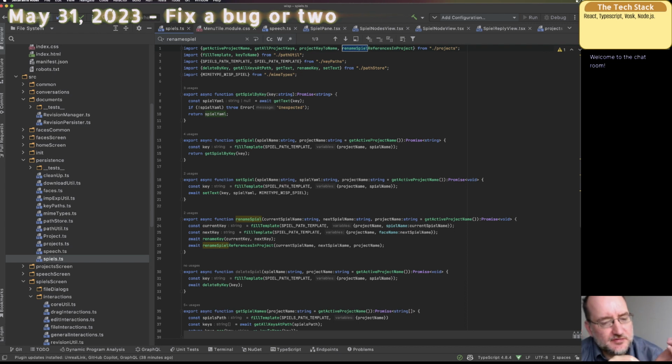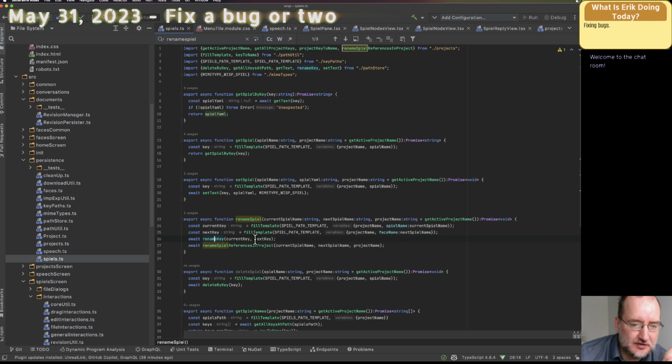I think the way to do this is I take the current path. But basically, this function here, rename key, will also be responsible for recursively renaming portions underneath it.